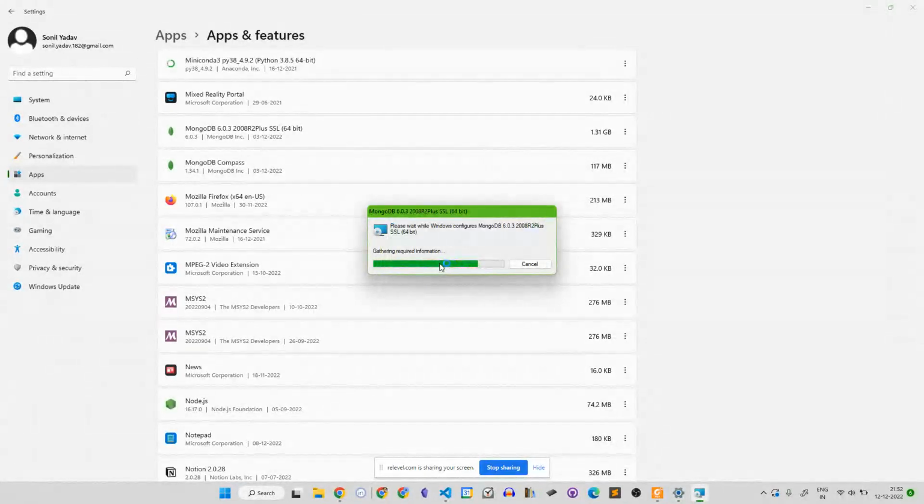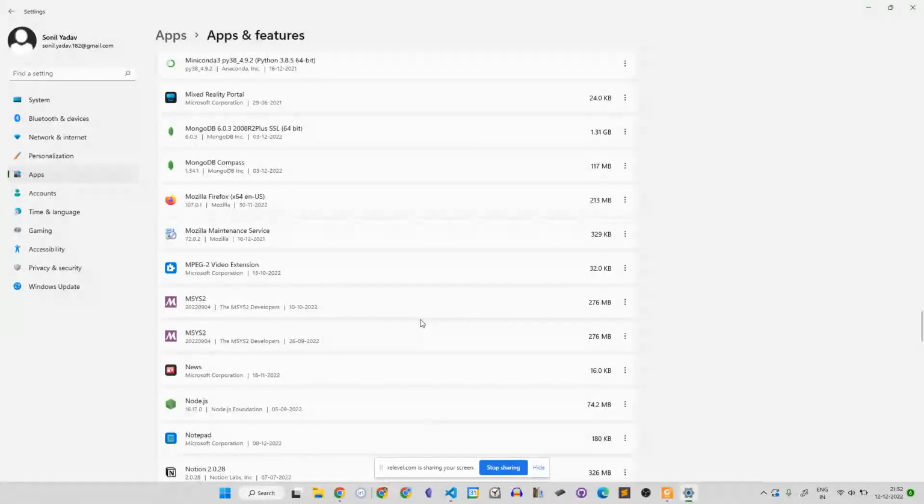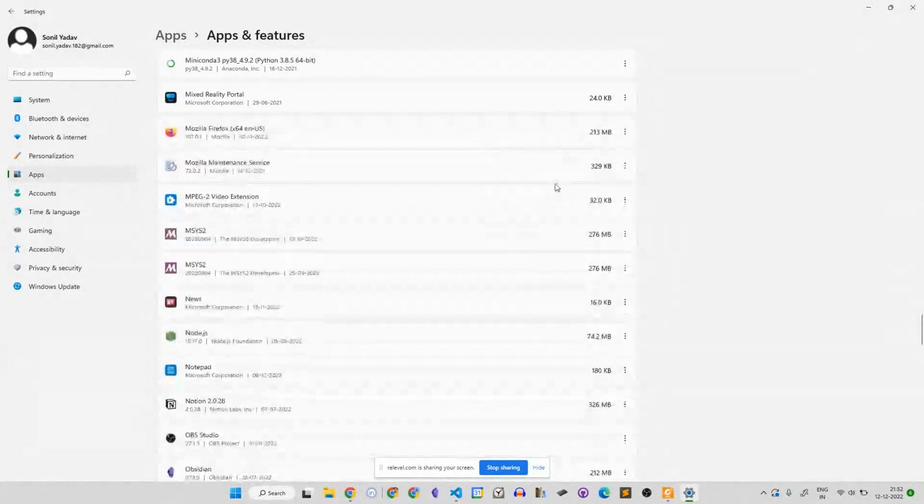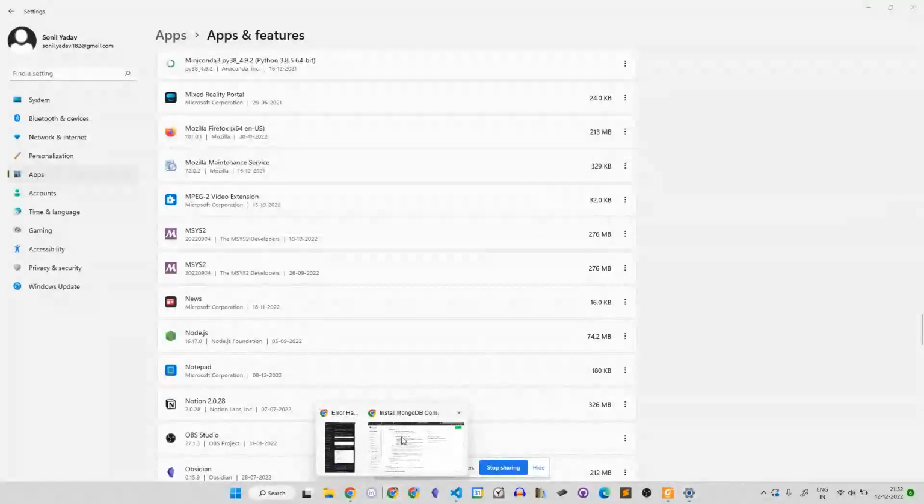Yes, remove it, and it got uninstalled. Similarly, I'll remove MongoDB Compass also. This is also removed. Now I'm going to install it one step at a time so that you can also see how to install MongoDB.